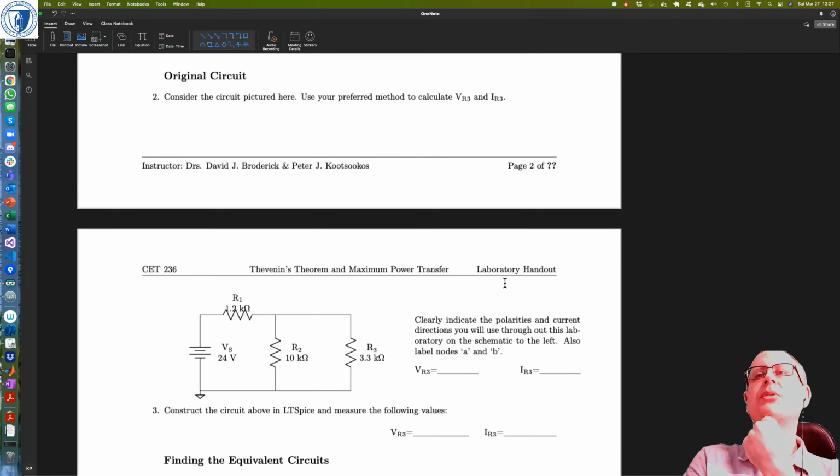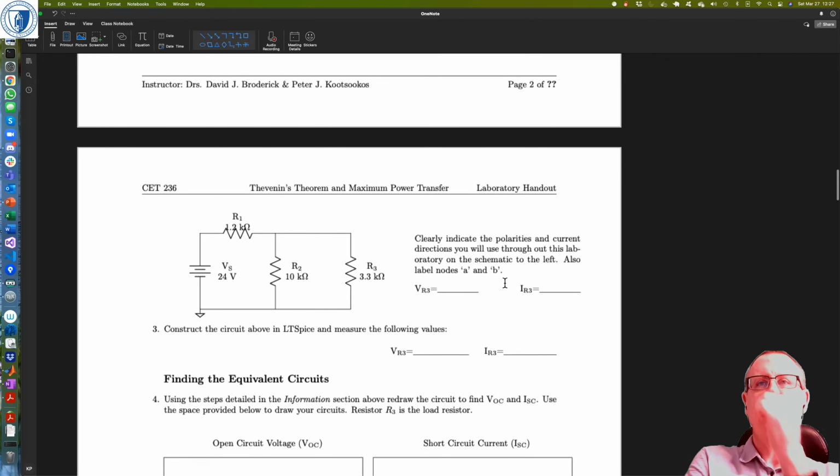Right, so the first example is just to figure out what the voltage across R3 is. And I think the easiest way to do this one would just be as a voltage divider. So we have R2 in parallel with R3, and then that's in series with R1. So we can figure out